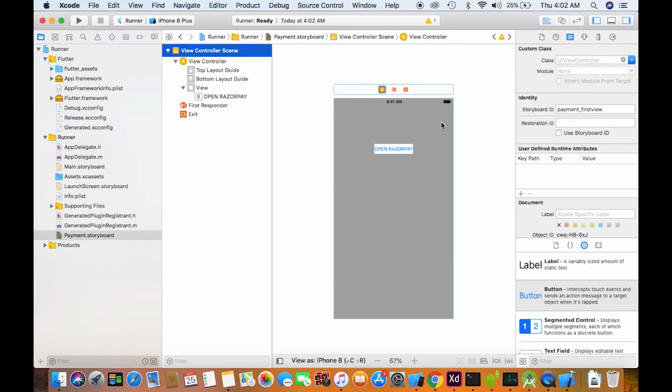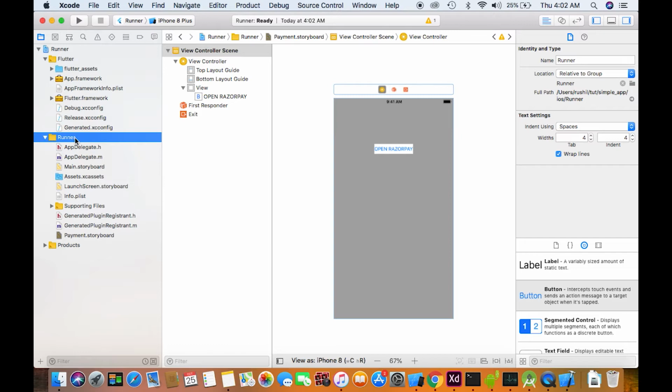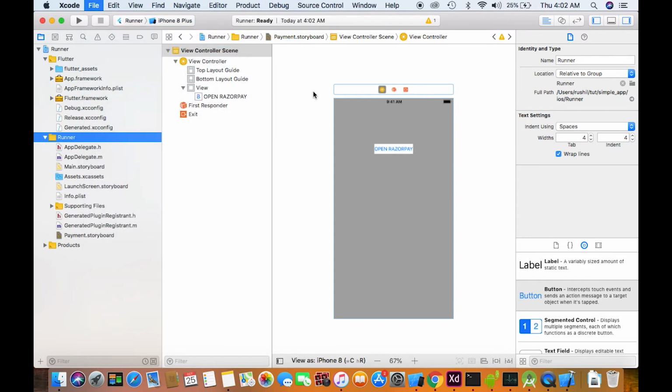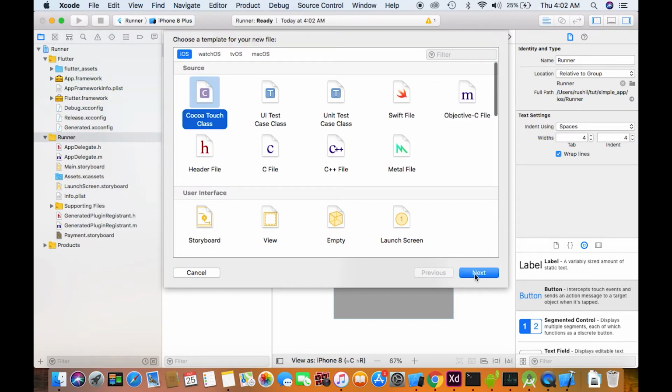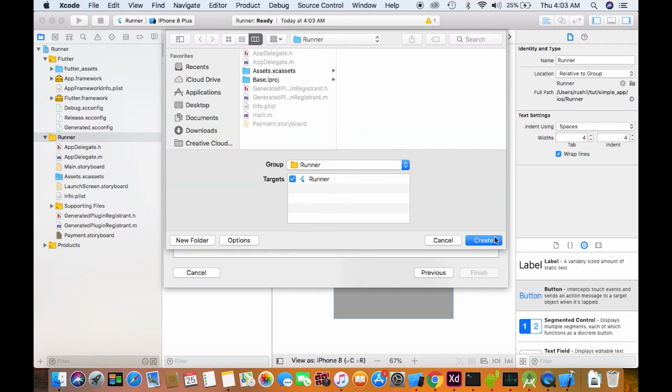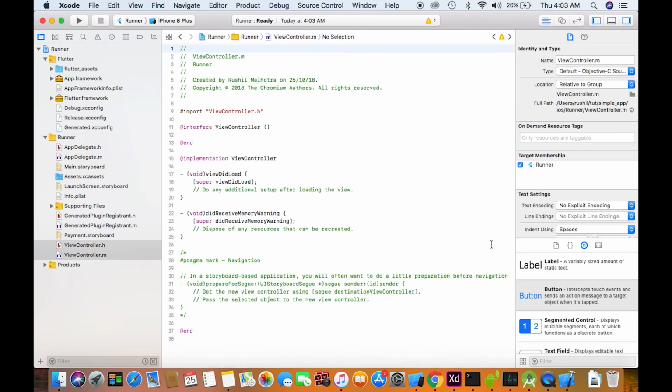Since I'm using that, that's the only thing you have to give. Now here we'll also add one more thing, a new file, and click Cocoa Touch class. Next, here you have to select UI view controller. Now that's it. Since there is no view controller, I can simply create one. So let's run now. Yep, created. That will create two functions.